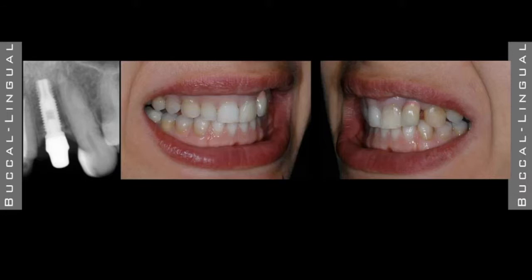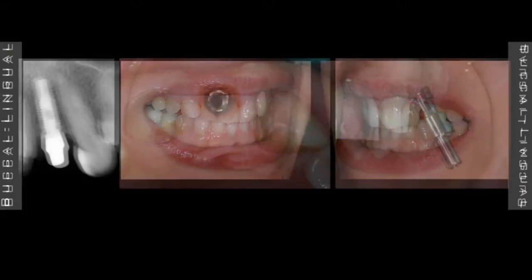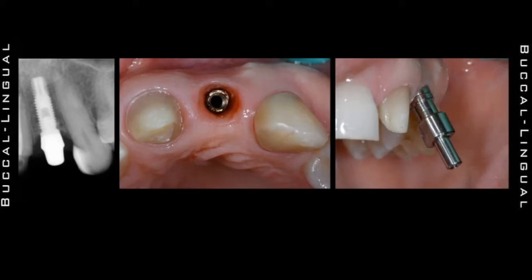However, the angulation of that implant was incorrect. Okay? Look at the emergence of that implant. It was completely incorrect. Even though if you were to look at the picture in the middle, you were like, oh, it's not so bad. You could put a cement retained restoration. It's not going to be screw retained. However, when you put a pin directly on that implant,